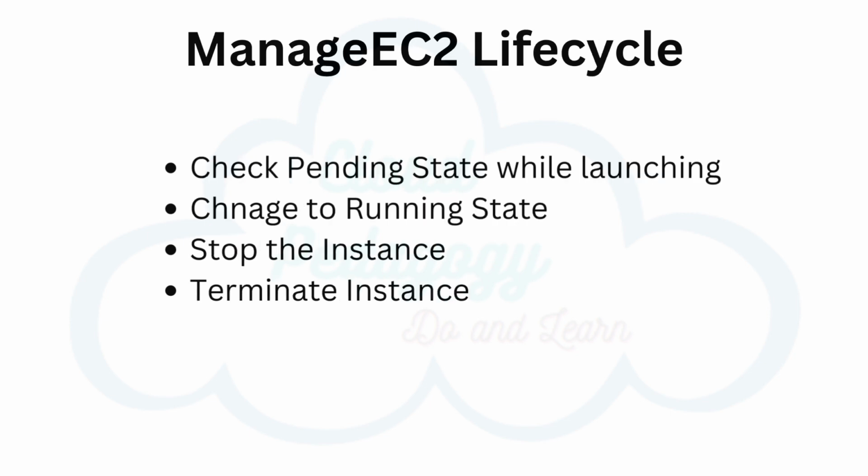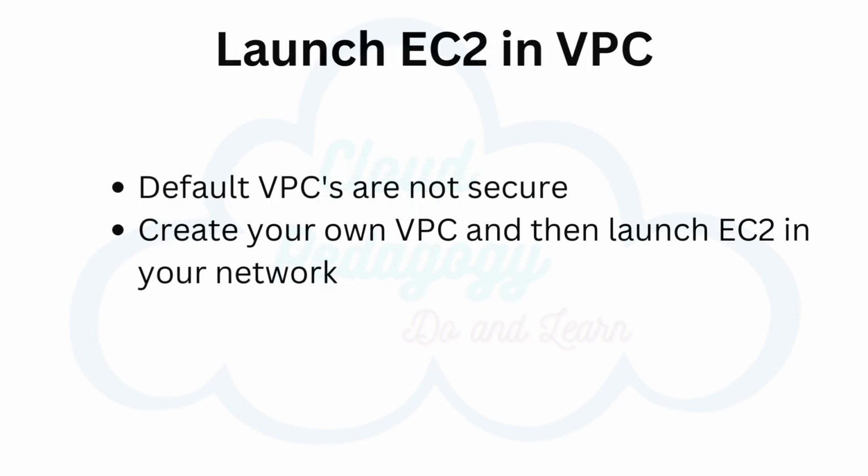Once you are done verifying your EC2 instance is up and running and configured correctly, you will then stop the instance so that you can view the state change. Then finally, you will terminate the instance as some cleanup. In a future lab, you will relaunch this application but using your own private network or VPC. The default network settings we are using for this lab are not secure, and I don't recommend that you continue to use these settings outside of this course. It is simply a proof of concept so that you can have experience going into the next lesson, making it all a little bit easier to wrap your mind around.